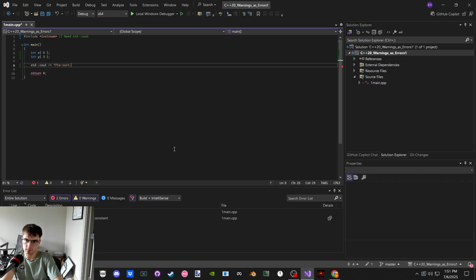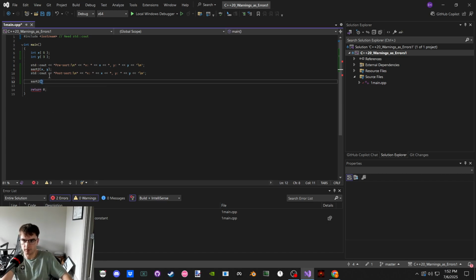Pre-sort: x, y, and then sort2 x, y, post sort: x, y, and sort2 again. Well, we can just copy these.